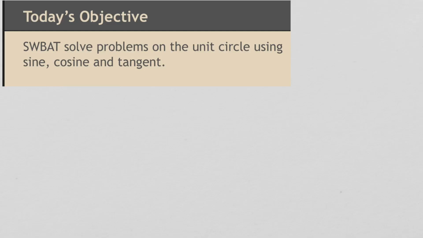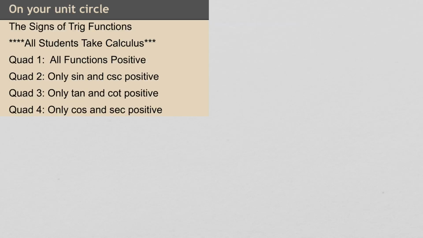Okay, in this lesson we're talking about using the unit circle and solving and evaluating trig values with sine, cosine, and tangent. So we need our unit circle paper for this, handy. The first thing that we're going to talk about to put on a unit circle is about the signs of trig functions. So there is a little thing to help you remember the signs of trig functions, and it says